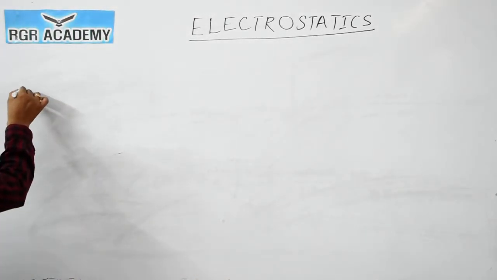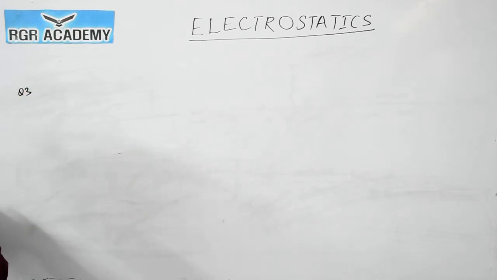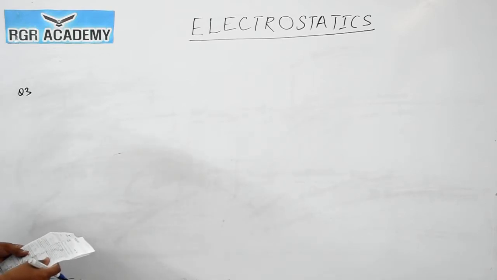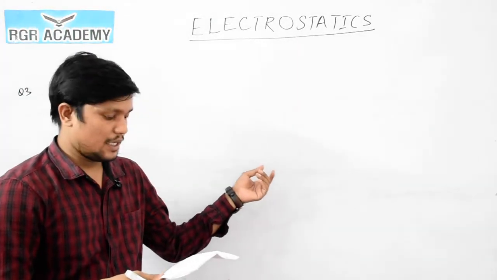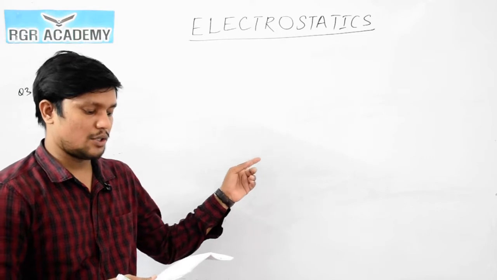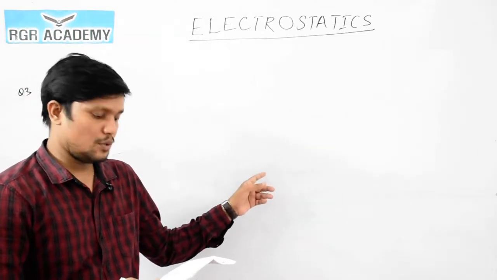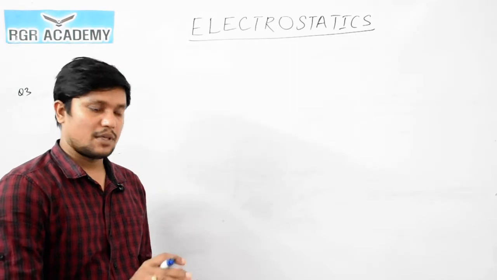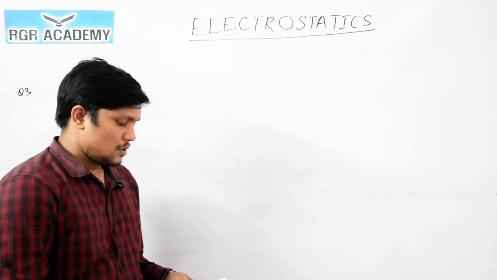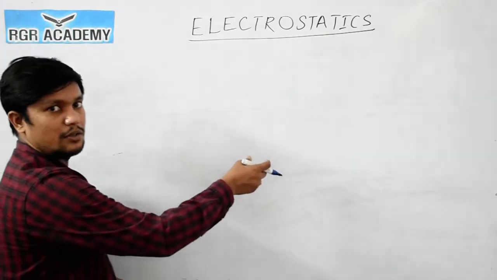So question number 3 is, an infinite number of charges, each of charge 1 coulomb... sorry, in question number 2, see that you can correct, only the calculated part will be there. They have placed the charges at x equals to 1, x equals to 2, x equals to 4, not x equals to 3 and x equals to 5. At odd number of places they have not placed the charges. So if you make only that correction you will get the answer.